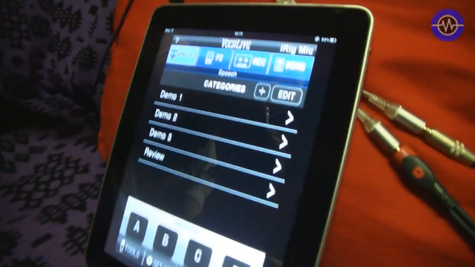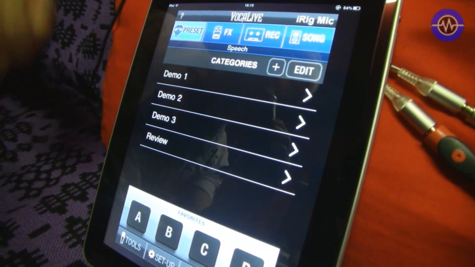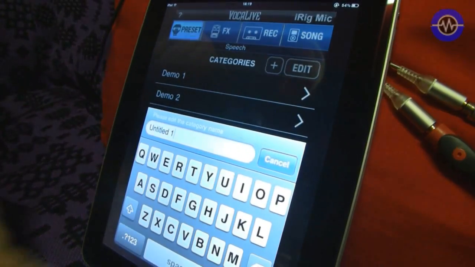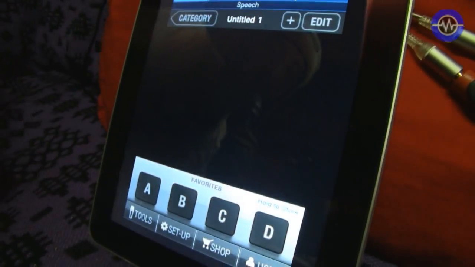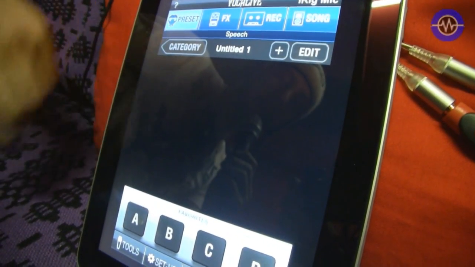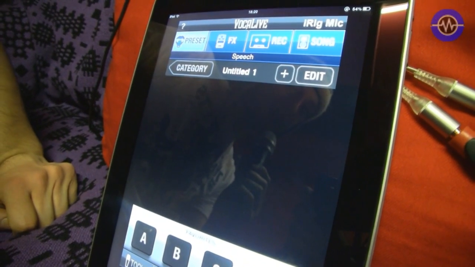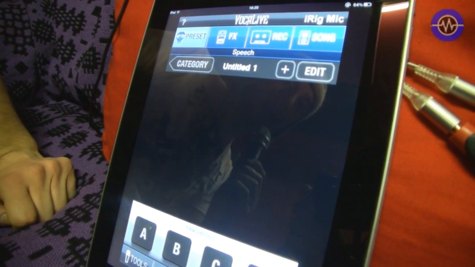So from the home menu, you can set up your own categories, whether that's for different venues, gigs, songs, etc. You just hit the plus button, and then you can name it. I'll just do this as untitled, and then you can go into that and set subcategories within that. Each subcategory can have 3 effects simultaneously, and the second 2 of those 3 effects are slightly more limited. So you have the full 12 to choose from on the first one, and then a selection of 6